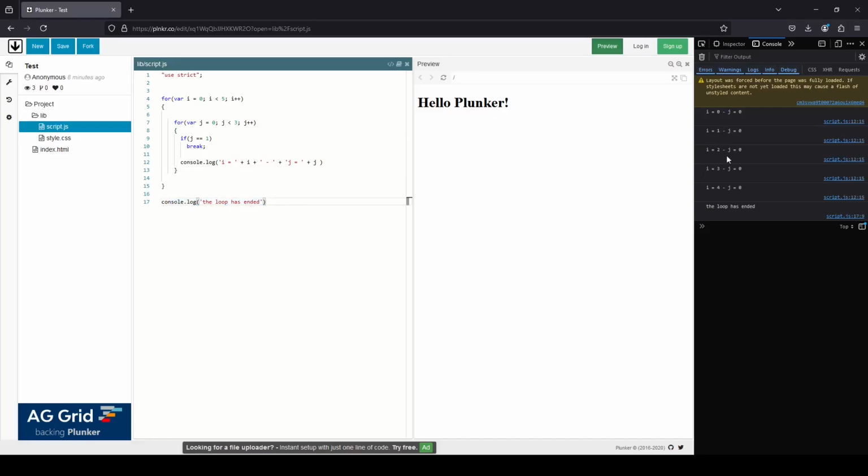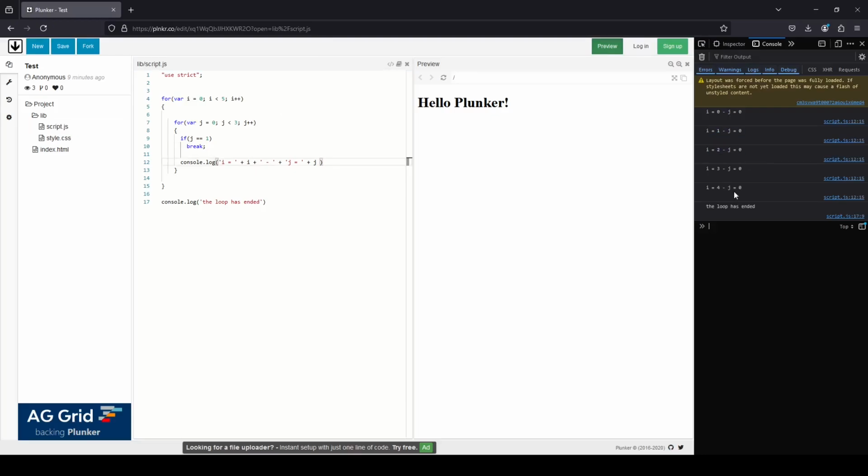But we're still getting other lines, which means that we're only breaking out of this loop, and then we're incrementing i, making i is equal to 1, and getting inside of this loop again, trying to run it, starting at j is equal to 0, and checking if j is equal to 1, which is not because j is equal to 0. Then we're console logging i is equal to 1 and j is equal to 0. And then whenever j becomes 1, we break out of the loop, increment i becomes 2, and so on